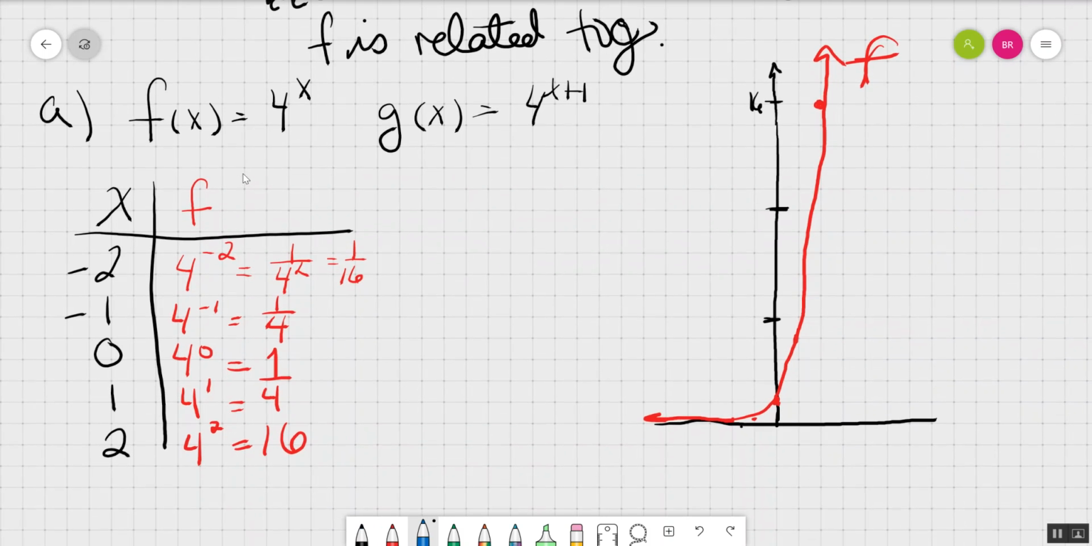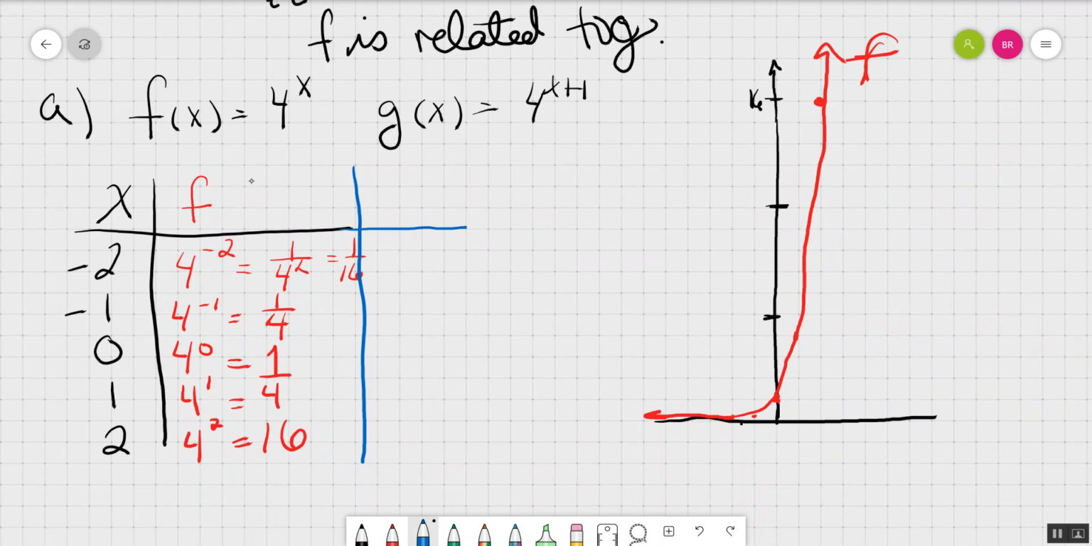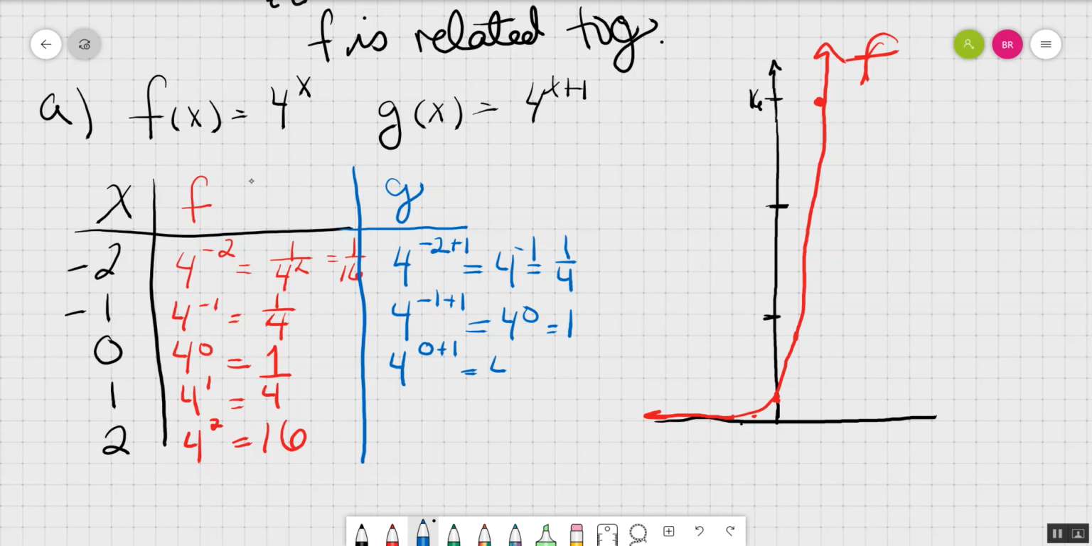So G, just like I did before, I'm going to do in blue. And I'm just going to do it along on the same table to make it fit. So this is going to be my G. So x is -2. So 4 to the -2 plus 1. -2 plus 1 will give me -1. So this will be 1/4. 4 to the -1 plus 1 will be 4 to the 0, which is 1. Now I'm putting in 0 plus 1, which will be 4 to the first, or 4. 4 to the 1 plus 1 will be 4 to the 2, which will be 16. Then 4 to the 2 plus 1 will give me 4 to the third, which is